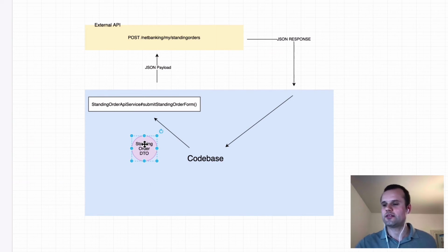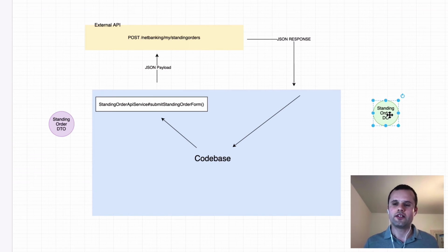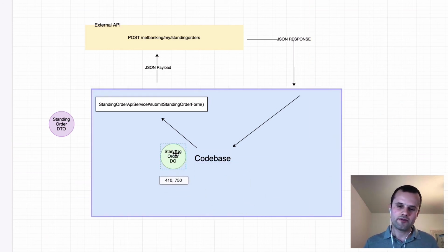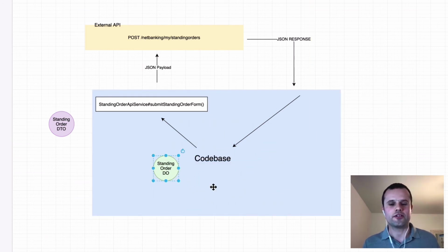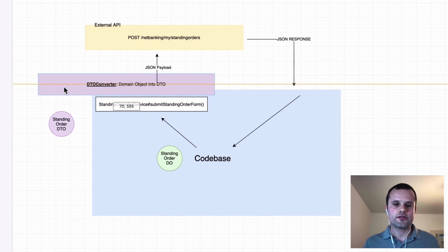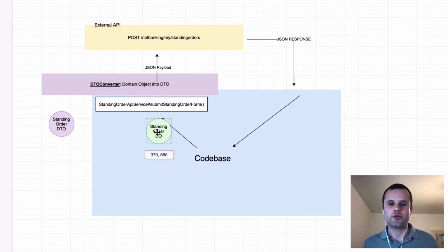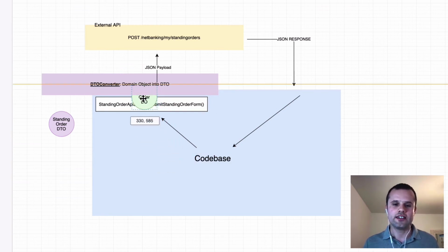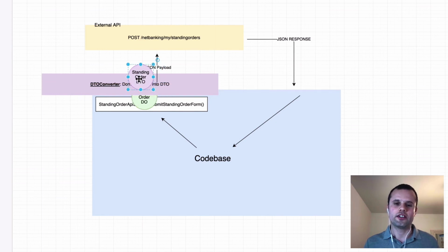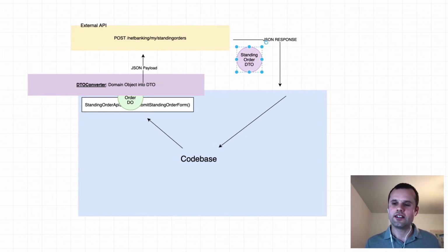So the DTO is in this place, okay? And now, what if we introduce a domain object, the one which is comfortable, the one that I showed you with all the clear property names and values and methods nearby, everything in place. So what if within our code base we would operate on this comfortable object for a standing order, and as soon as we want to pass it to the API, we could introduce a DTO converter. That's a domain object into DTO converter, okay? It's a gateway between our code base and an API. So we send in our domain object and it's converted within a converter into a DTO, which satisfies and fulfills the API requirements. So the API gives us back a DTO, and here, instead of letting it leak in,